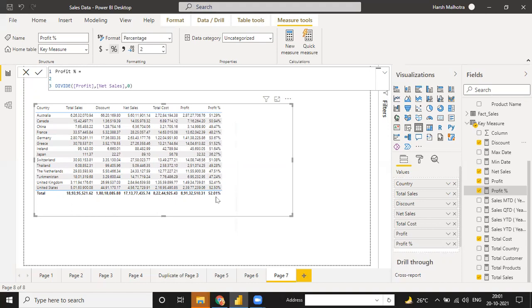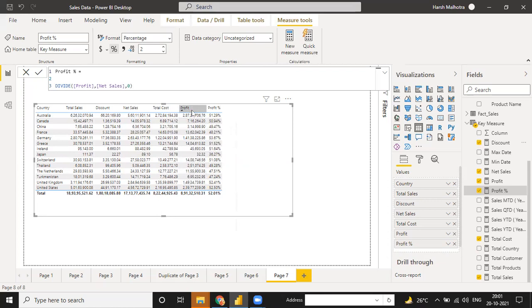Tell me guys, just one option: is it right or wrong? That's the only thing. No, I think it is giving percentage based on the previous row. That means the sales, this is your total, meaning profit divided by net sales. This will give you the value, not the percentage of the overall thing. Right. But we need profit divided by this, into percentage.